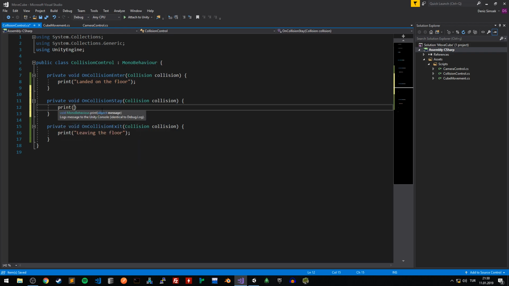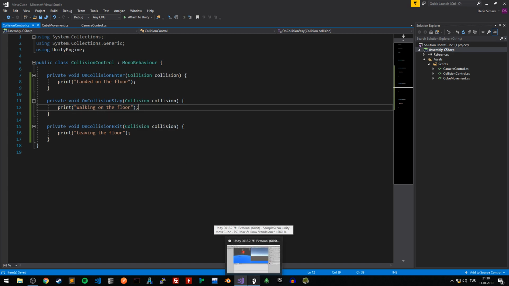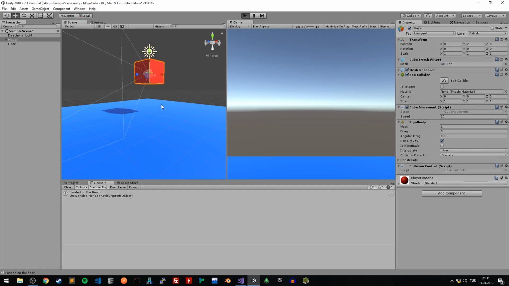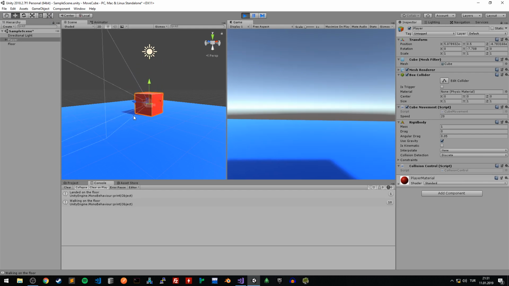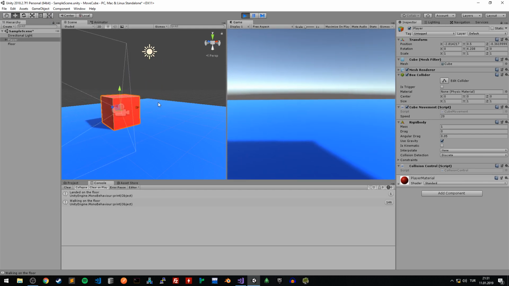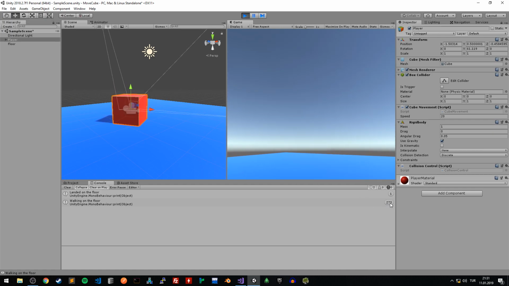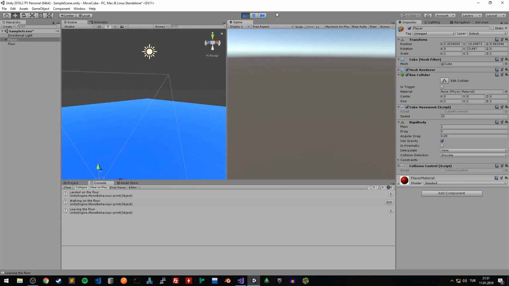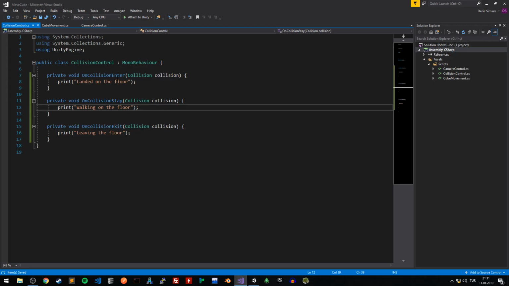Let's print something to test it. Let's say "walking on the floor." Right, save and return to Unity. Start the game. We landed, and as you see, we're walking on the floor, and notice how much the function is called on collision stay, and whenever we start to fall, we're leaving the floor. All right, the functions are called in this sequence,